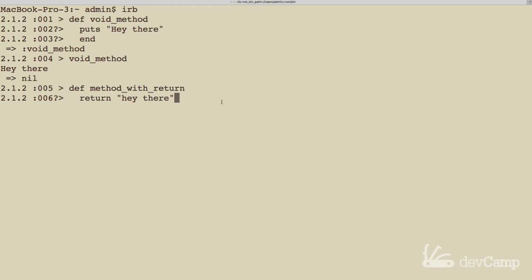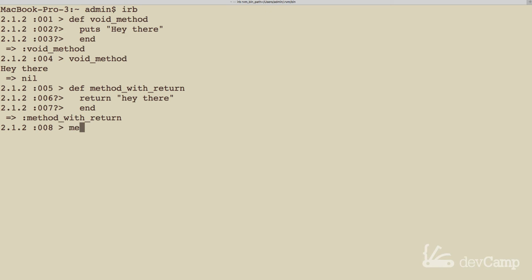This is exactly the same as if I just typed it here, because unlike certain different languages like Java or C, we don't have to explicitly say return. But I'll do it just because I want it to be really explicit that we are returning something. We're not printing something out. So I'm going to say end, and now we have method with return.